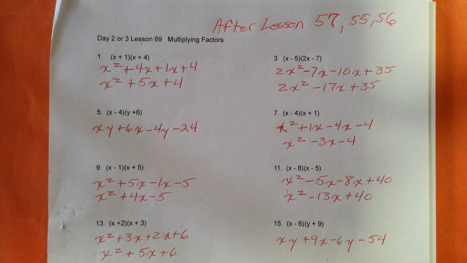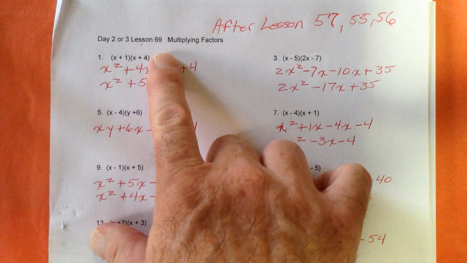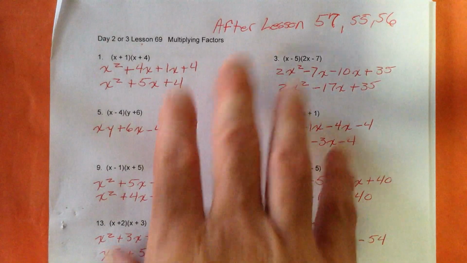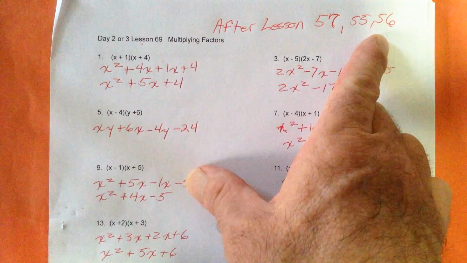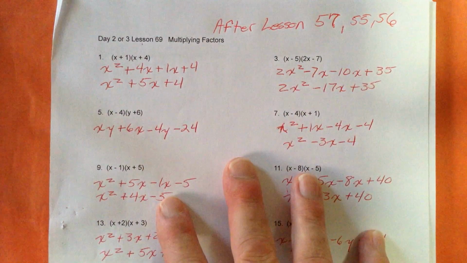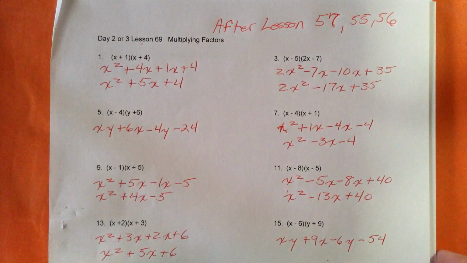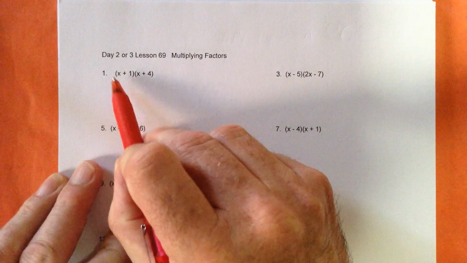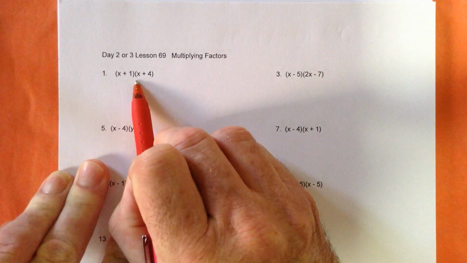Okay, hello GED students. This is lesson number 69, and these are problems right out of the book from lesson 69. I usually do this one after lessons 57, 55, and 56 because it's using the same skills, just one more step to it. Okay, so first off, here we have in parentheses x plus 1 times